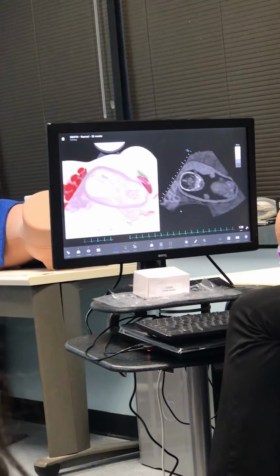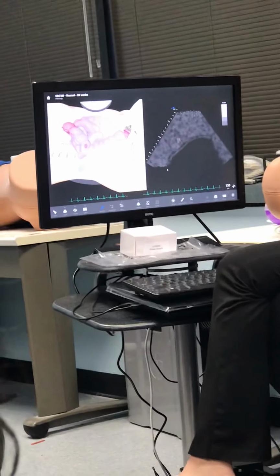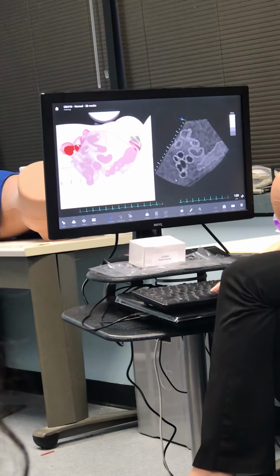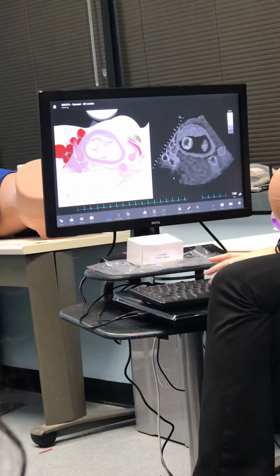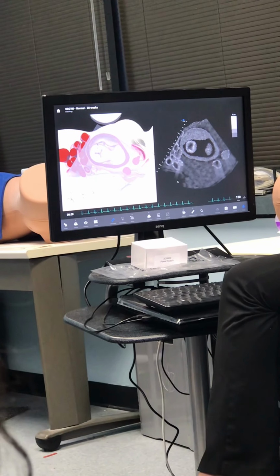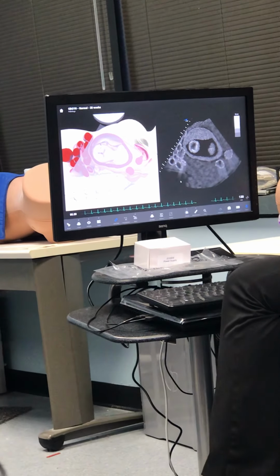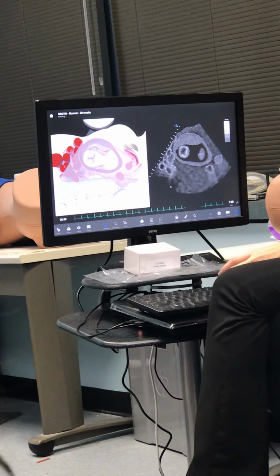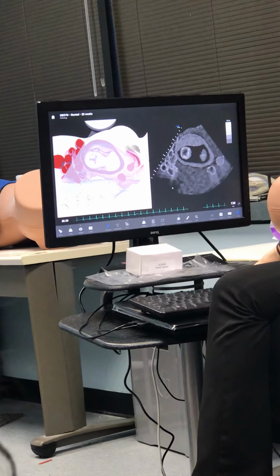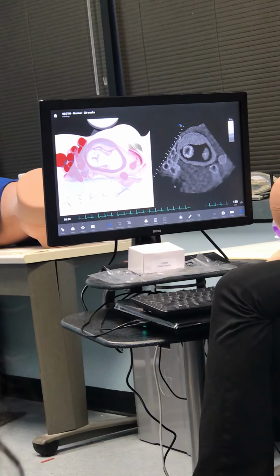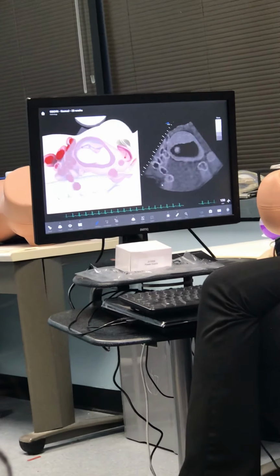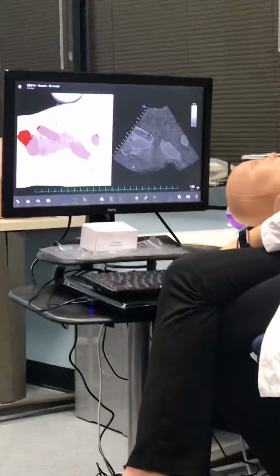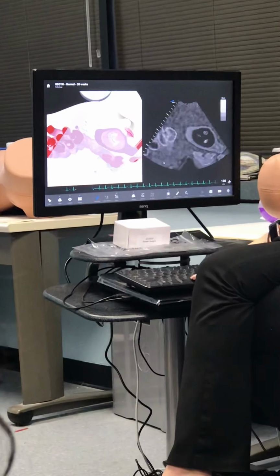The way that we do fluid is you're going to go right up a quadrant, you're going to go all the way out, come back in, until you start to see fluid. And you're gonna measure it anterior to posterior, straight up and down, not cutting through any fetal parts. Your image would be labeled right upper quadrant. Okay? And then you're gonna do the same thing on the next side, sliding in till we see